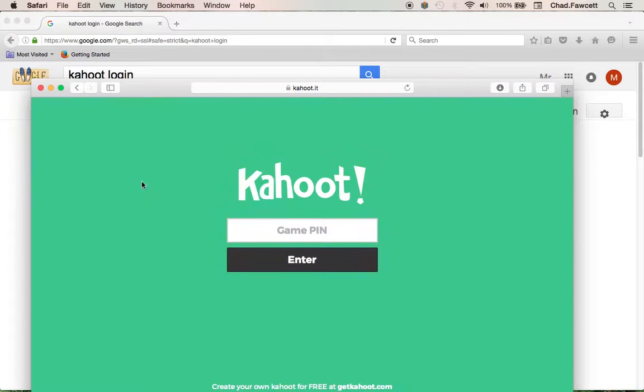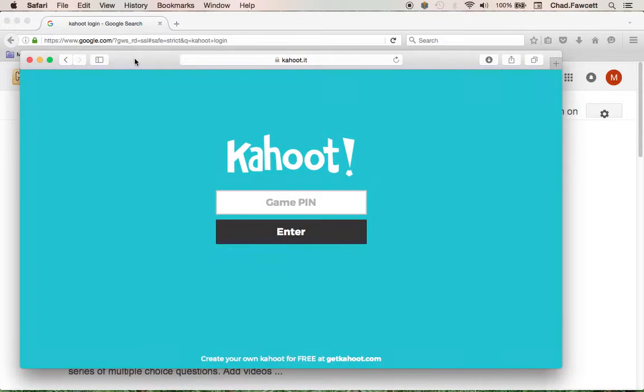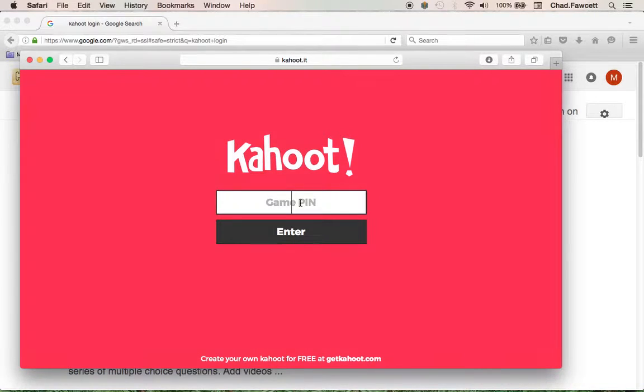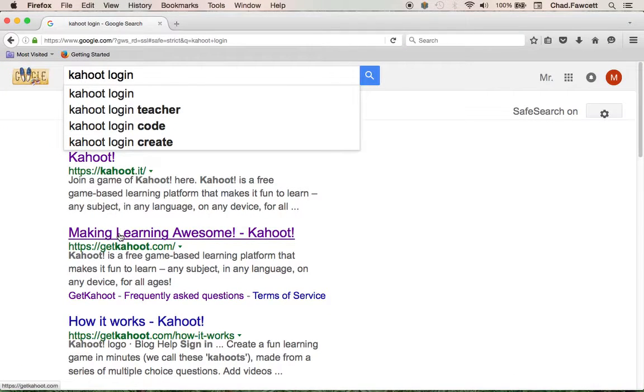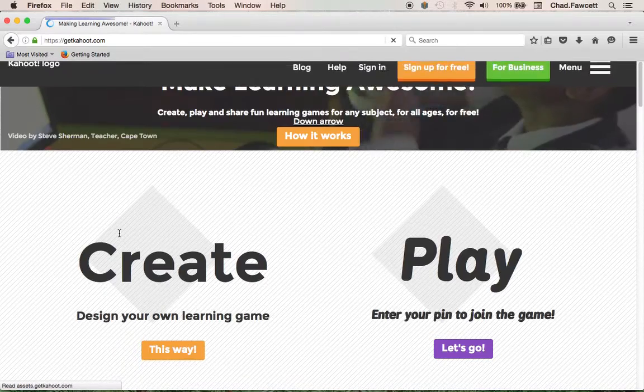which will show you. This is what I'm using to show everyone what the end user experience will look like. This is what the people who are participating in our quiz, discussion, or survey are going to put in the pin right here for that specific quiz, survey, or discussion and hit enter, and then they'll be inside of our Kahoot. But for our purposes, we want to create a Kahoot, and we're going to create actually a Kahoot account